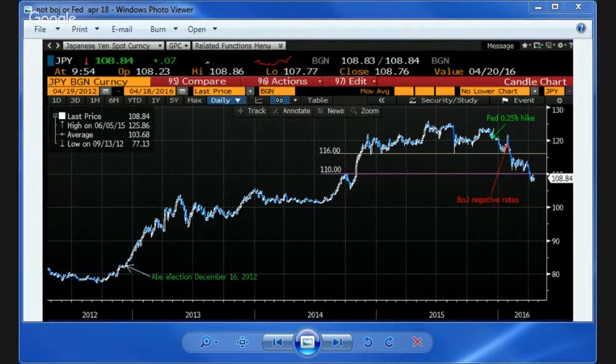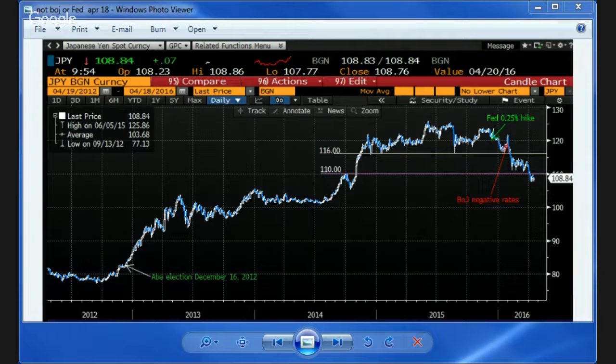All of the macro topics that we deal with. None of these work as a narrative for what happened with the BoJ. The BoJ drops some of its rates to negative, not all of them, but some of them, and the yen gets stronger. This makes no sense from a macro point of view. Not the way it's supposed to be. However, from a trading point of view and from a return point of view, it makes far more sense than anyone thinks. And we're going to try and explore why that is today.